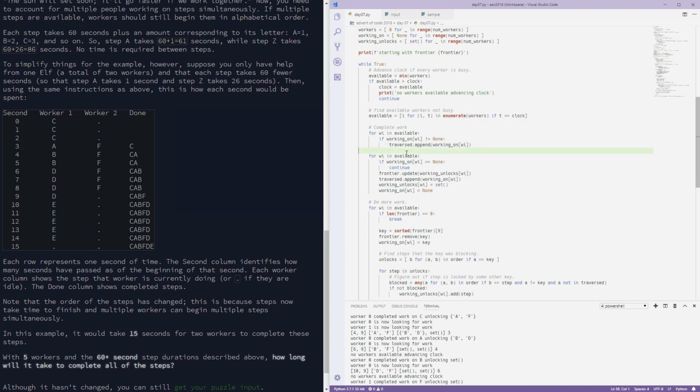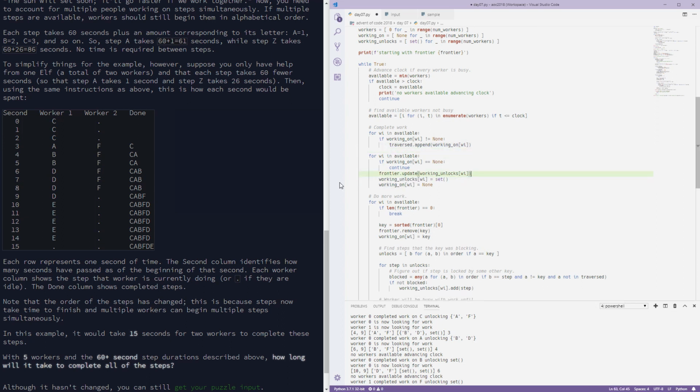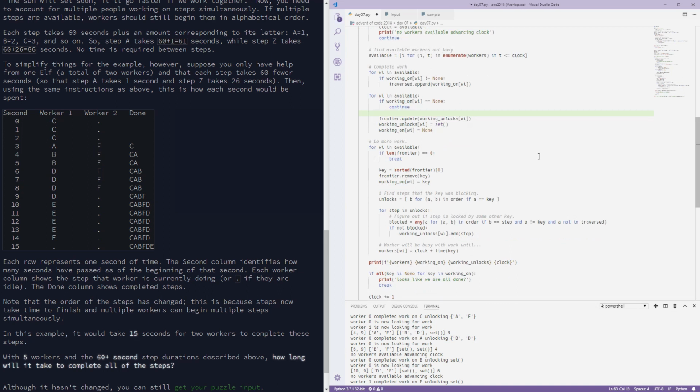So then we unlocked it. We don't need to unlock it again, but we did need to unlock it here because several workers can finish at the same time. And then I need to figure out what it unlocked. So unlocks is B for A and B in order if A equals